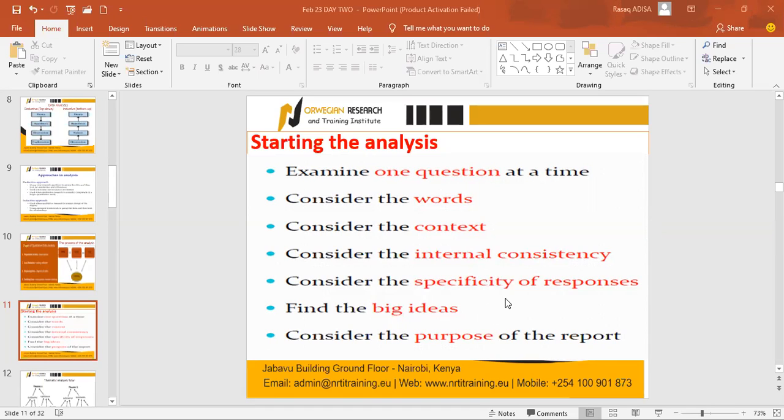Then find the big idea. When you are doing decoding, ensure you are looking at the big idea. The big idea has to do with the overall finding that you are expected to identify. Maybe in a community, the impact of climate change is not enormous. In another community, the impact of climate change is very, very serious. They are in dire need of help. And maybe your task